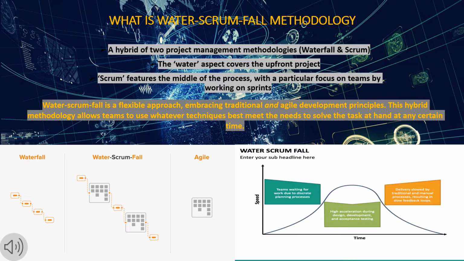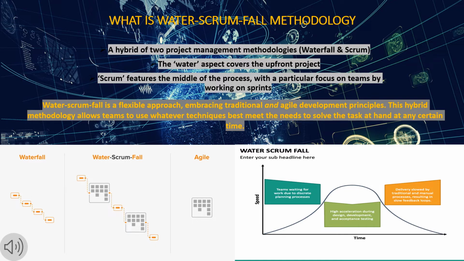What is Water Scrum Fall methodology? A hybrid of two project management methodologies, which is Waterfall and Scrum. The Water aspect covers the upfront project. Scrum features the middle of the process, with particular focus on teams working on sprints. Water Scrum Fall is a flexible approach embracing traditional and agile development principles. This hybrid methodology allows teams to use whatever techniques best meet the needs to solve the task at hand at